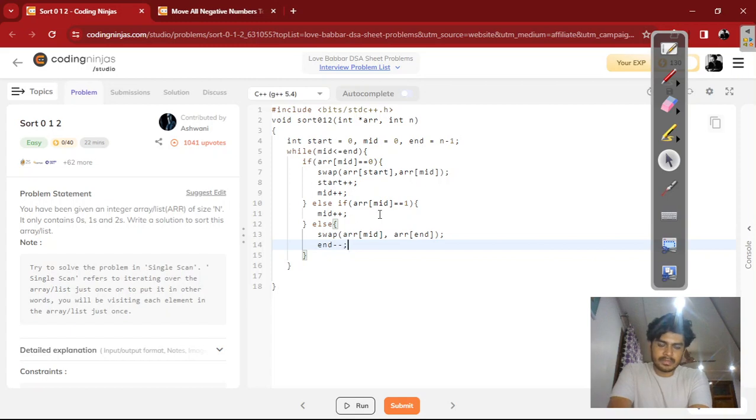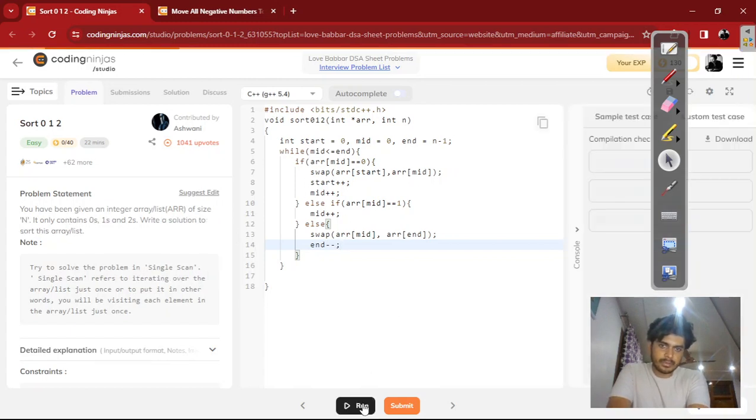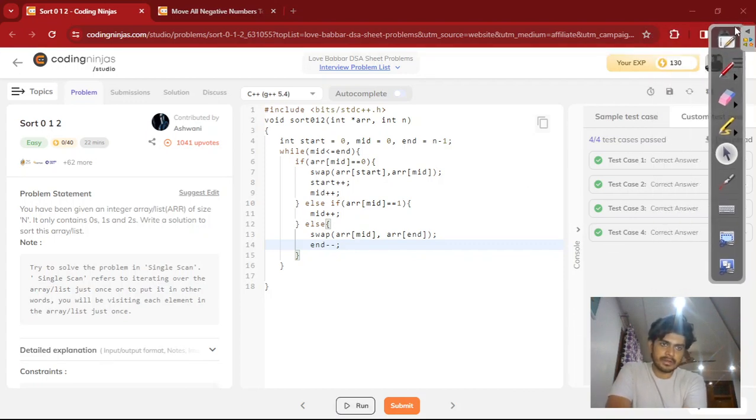So this is clear to you, and let's run this code. And yes, it passes all the test cases. So what we did, let me recap. We have start at 0, mid at 0, and end at n-1. So we will check whether mid is less than or equal to end. While this condition holds true, we will say that if mid is equal to 0, which is true initially, then